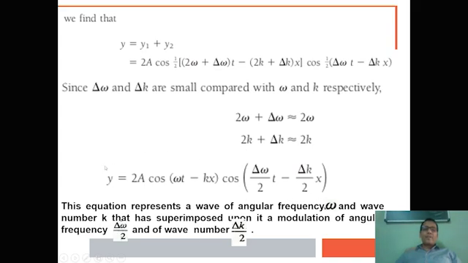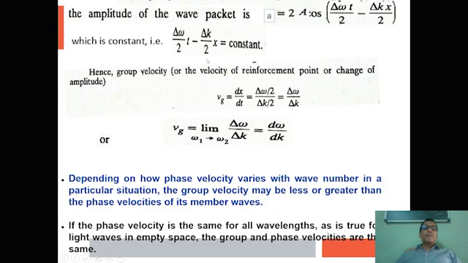This is actually the interpretation of the wave packet or group wave, and the properties of the wave packet are modulated by these terms. So the velocity of the wave packet is interpreted by these additional terms. Let us define these terms, similar to the phase velocity: delta omega by 2 t minus delta k by 2 multiplied by x is equivalent to a constant, as we did earlier for the phase velocity.